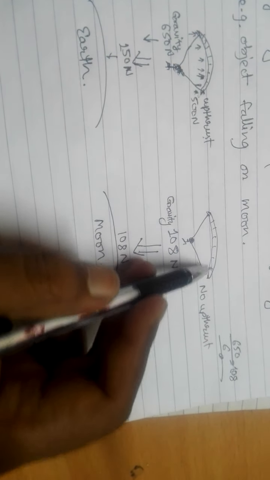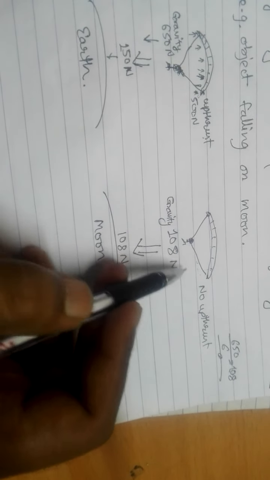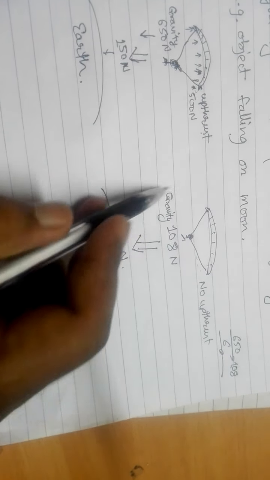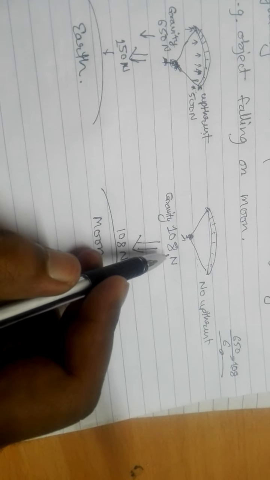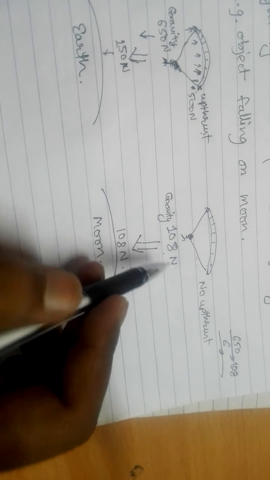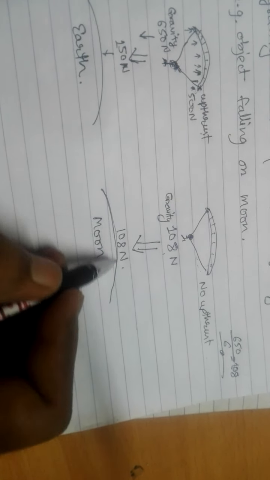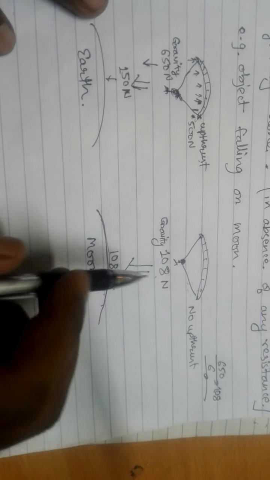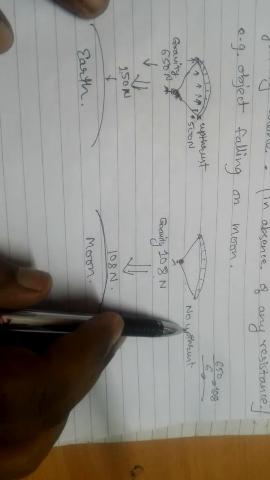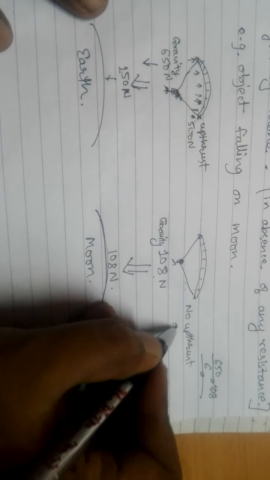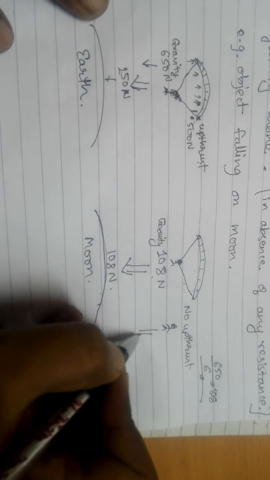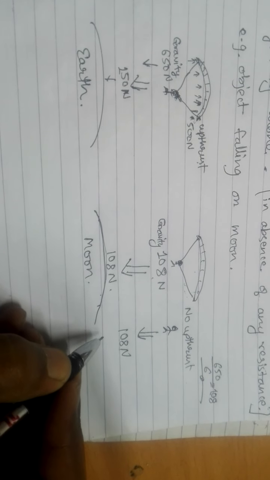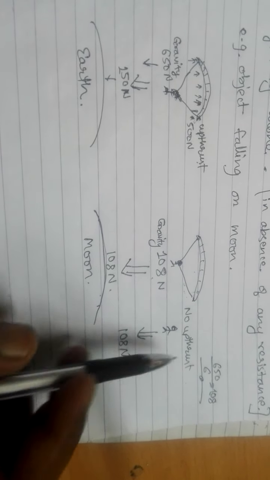Yes, there is no upthrust. There is no upthrust means the man is falling under the influence of gravity alone. Okay, got it or not? So in case of the moon, if you jump with a parachute or without a parachute, it does not matter. If you jump without a parachute, then also you would be experiencing the same amount of force. There is no upthrust.